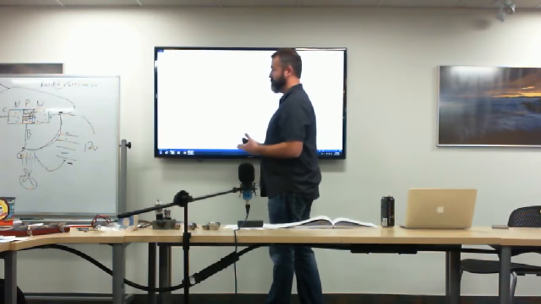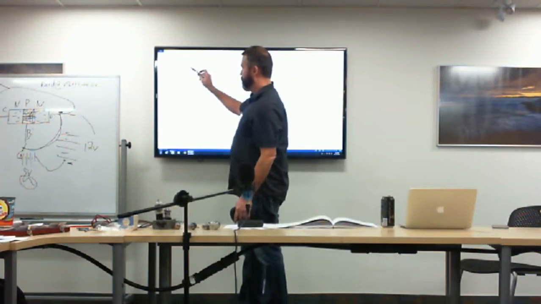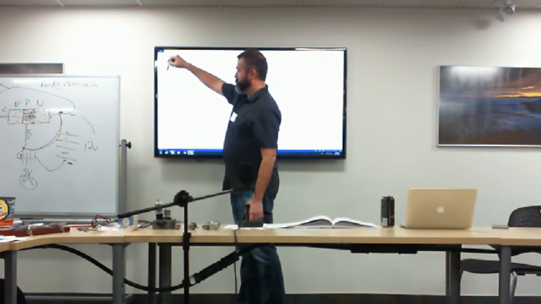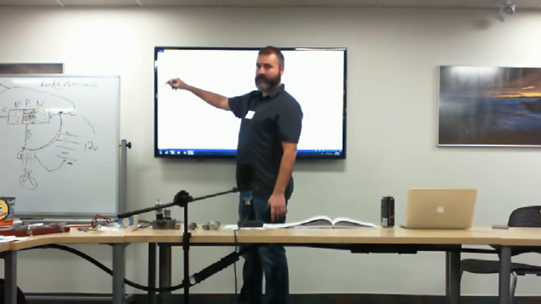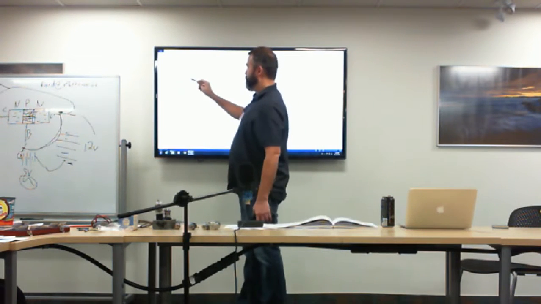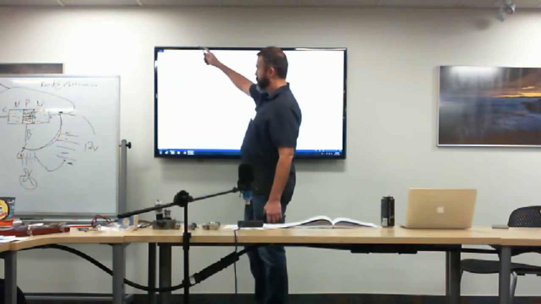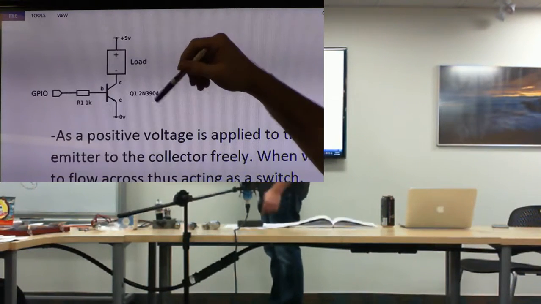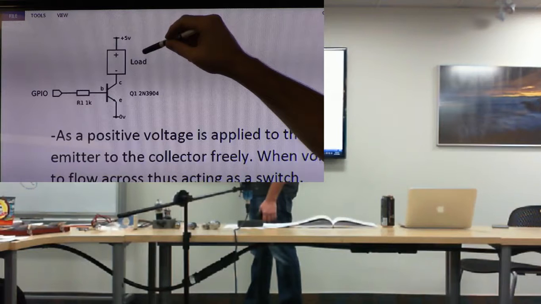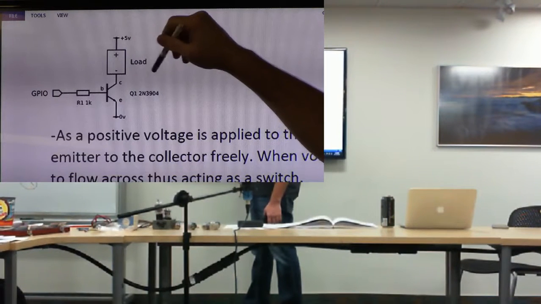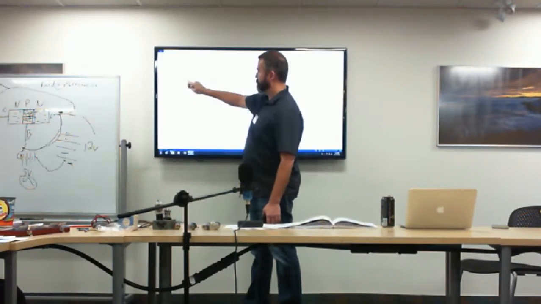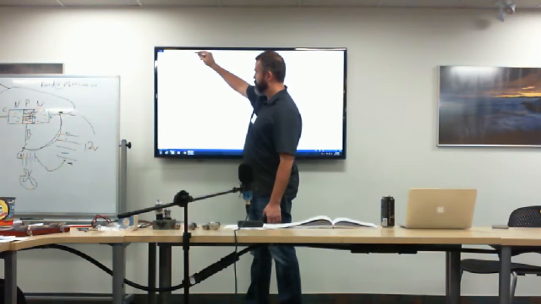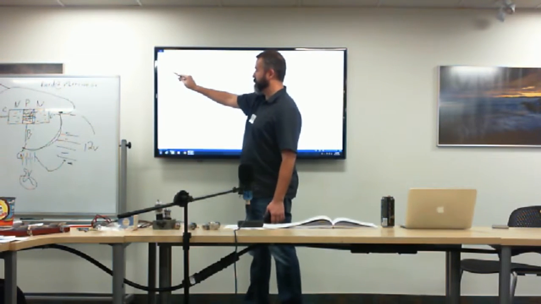I'm not going to use a pen on the screen, that'd be bad. And I hook it up to the general purpose I/O on the Raspberry Pi, for example, which is 5 volts. And I'd have the load being the fan, or an amplifier would be a speaker. And this would be 12 volts up here. And we'd have 5 volts coming off the GPIO.